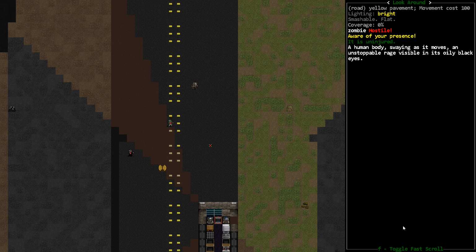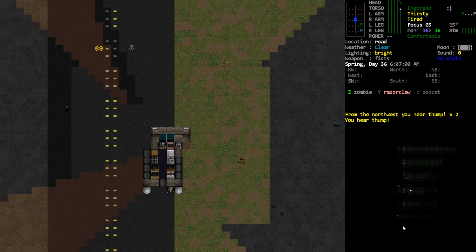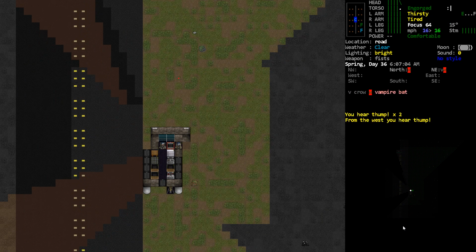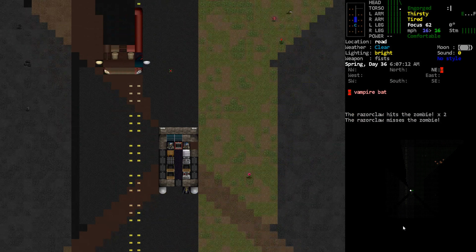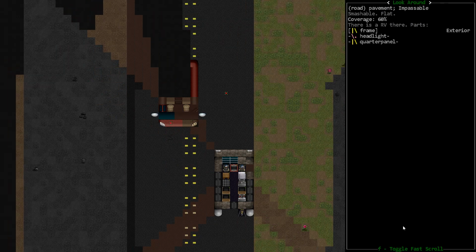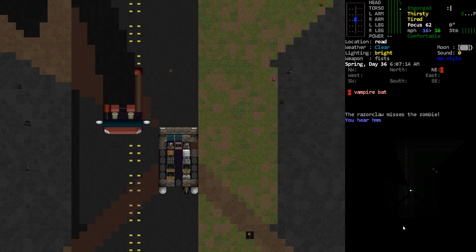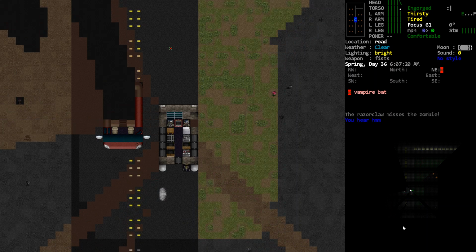And where are you guys? Just regular zombies and a razor claw. That sounds terrifying. I think the manure might be from the large mole or something. And what's this? Is that an RV? It looks like it's an RV. Yep, it's an RV. Should we check it? I feel like we should check it. I don't want to, but...